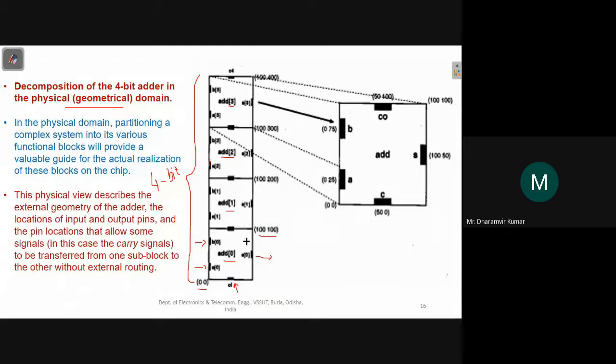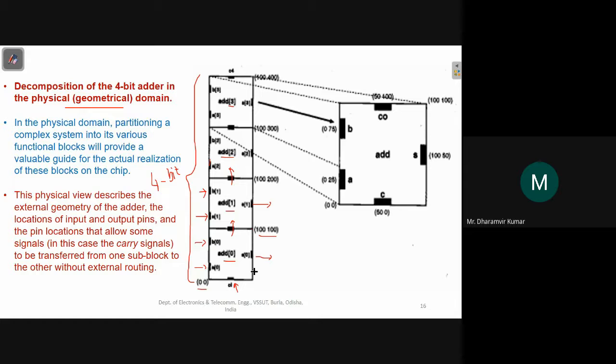And we know that the carry out of this stage should be propagated to the next stage. So the carry out of the first stage is propagated to the next stage. These are the two other inputs, and this is the sum out coming from here, and the carry is being propagated to the next stage, like that.